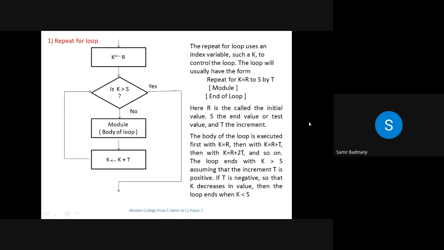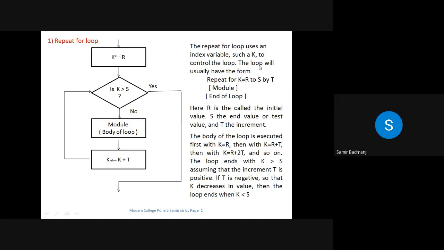Now this is for the for loop. So in for loop, what happens? First, we have to initialize that variable. Then next is what? We check for the condition, whether it is true or false. Then what we do? Then we increment or decrement according to the program requirements. Okay. Now see the structure here. The repeat for loop uses an index variable such as k to control the loop.